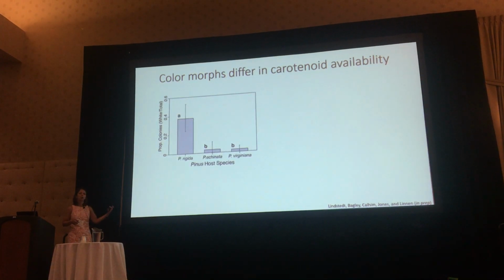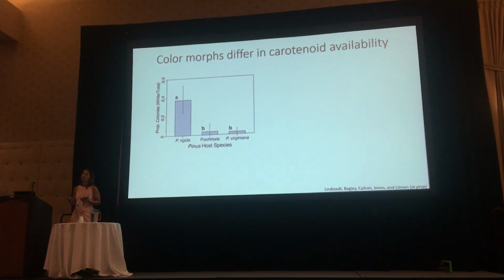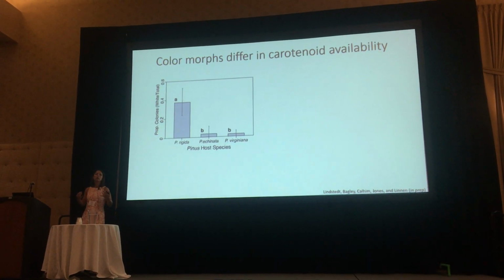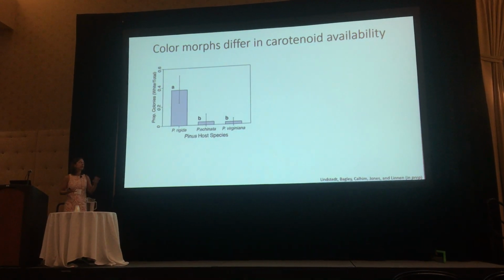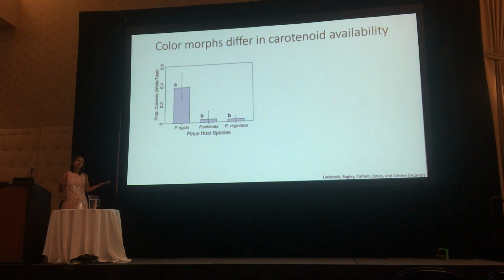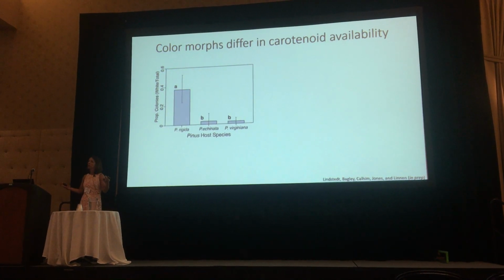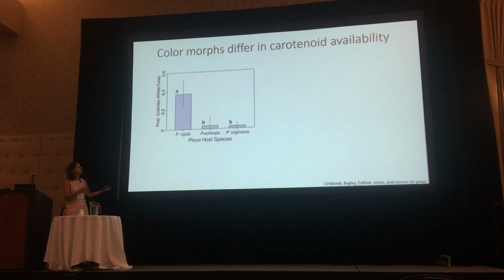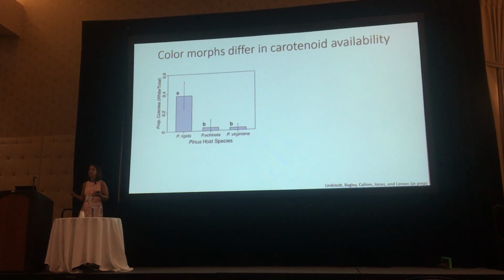So then we decided to look at the source of the carotenoids and ask, well, maybe these white-bodied populations are on a host perhaps that is more limited in its carotenoid availability, and that might be another mechanism. And so we first had to ask, are they on different hosts in the first place? And so to do that, we went back to all of our historical collecting records and found that yes, indeed, white-bodied populations are especially common on pitch pine relative to other pines that are common in